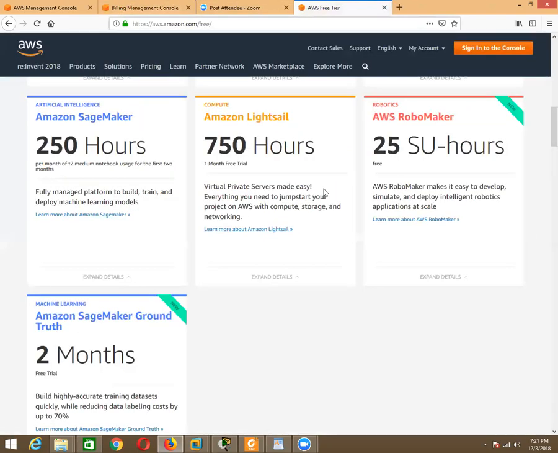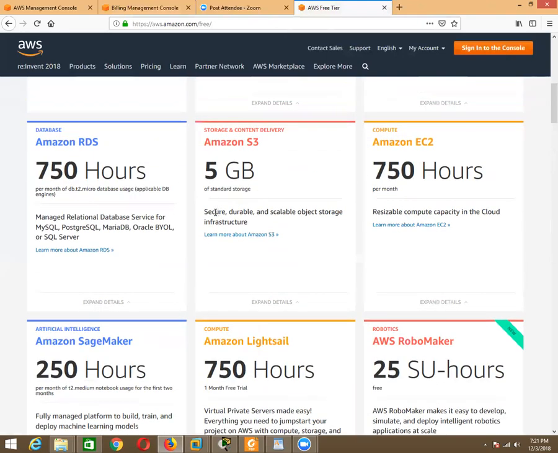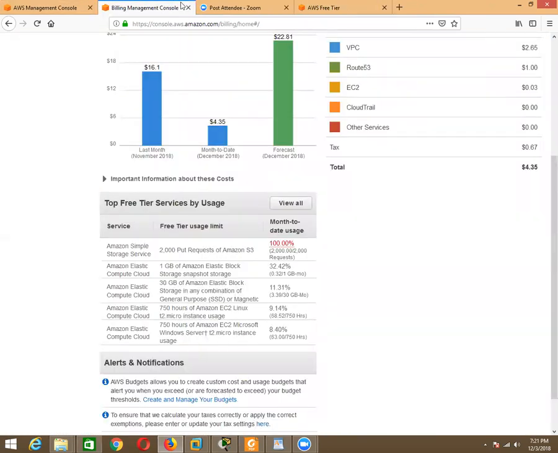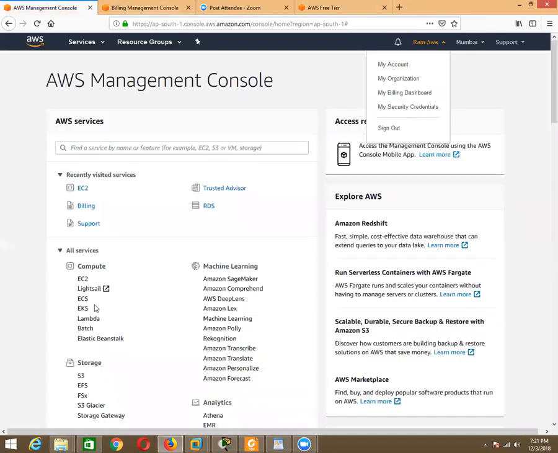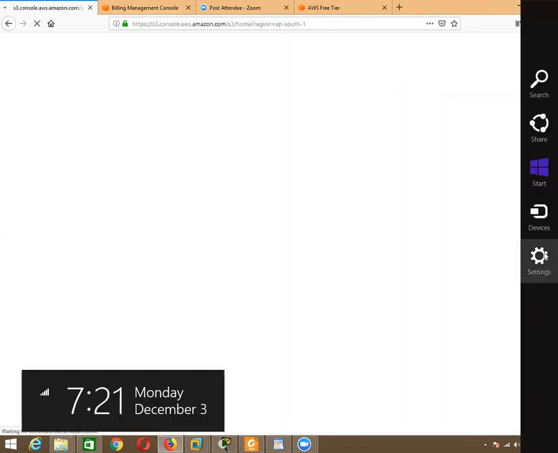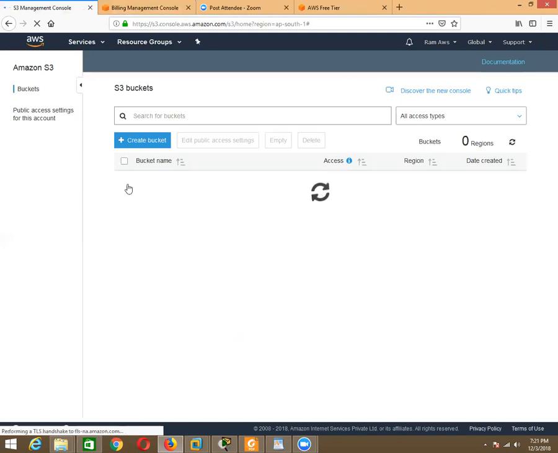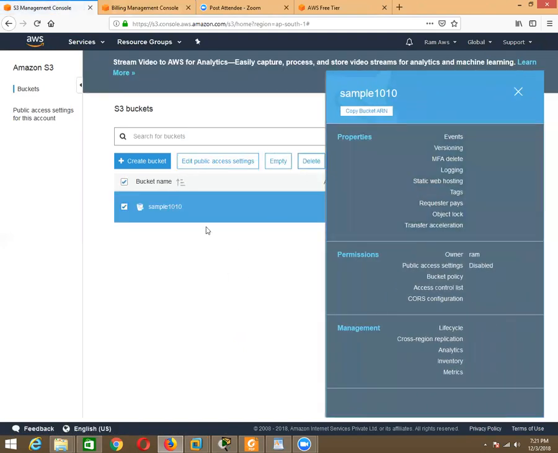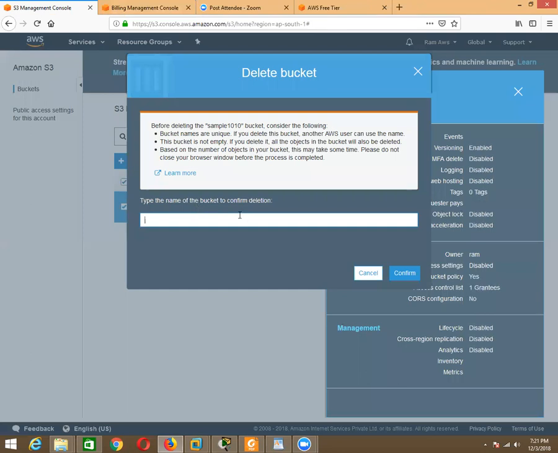Because as I told, if you go for S3 storage, this is for only 5 GB in total, not per month. So now it's crossed there. If I have any S3 bucket here, they will be charging per hour. So that is the thing we have, and I hope I have one bucket. I think so. Yeah, this one. So if you delete, the charges will be